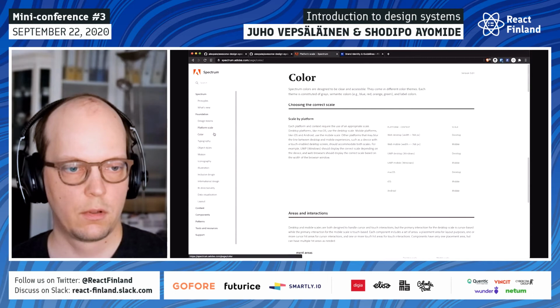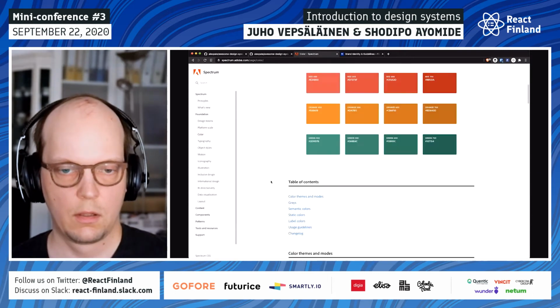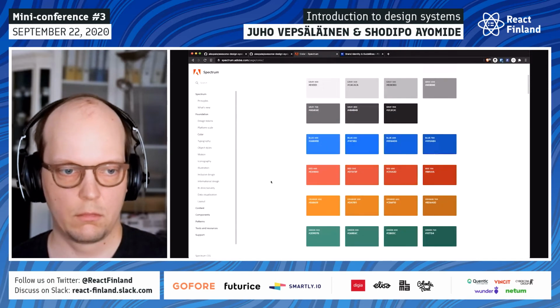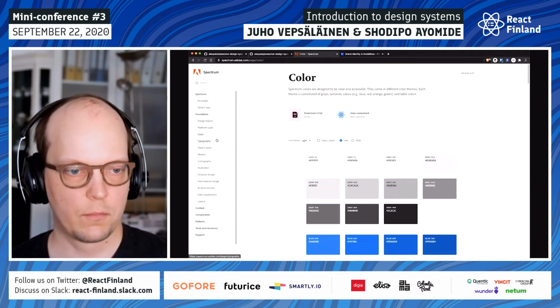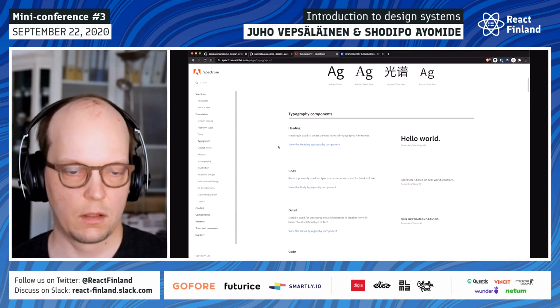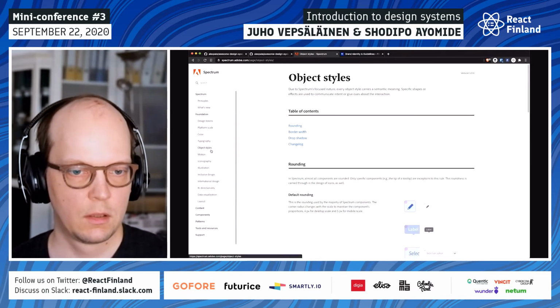Principles, like here they give colors names. One interesting thing about colors is that if you want to see more colors, all you have to do is learn more names of colors. That's another factor, that when you know the names of the colors, then it's easier to discuss as well. And here is the typography as I had in the presentation. Object styles, it's a lot.